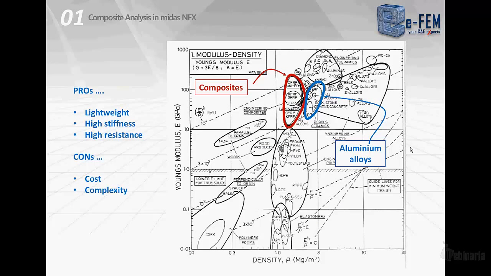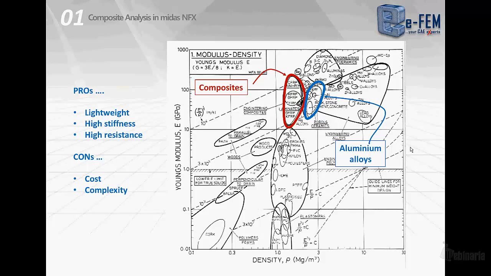Which are the pros and cons of composite materials? We all know that composite materials are lightweight, they give high stiffness and high resistance, but they are not cheap, they are expensive material. Another fact is the complexity of designing with composite material. I mean, we cannot use the simple formulas of the machine design theory, but we need to use specific formulas